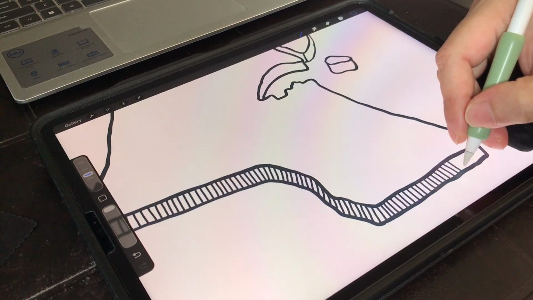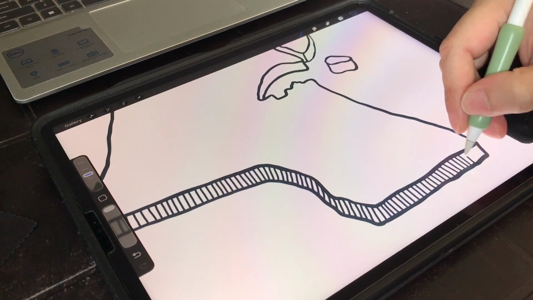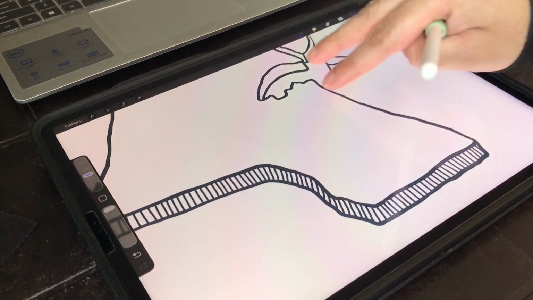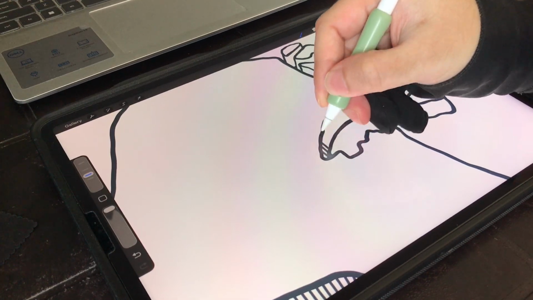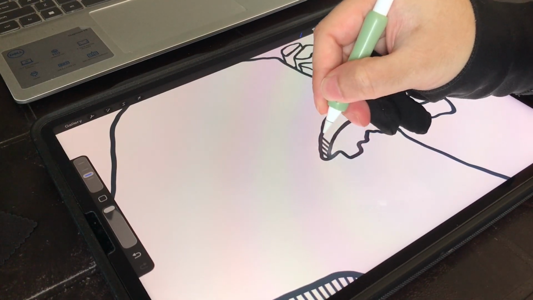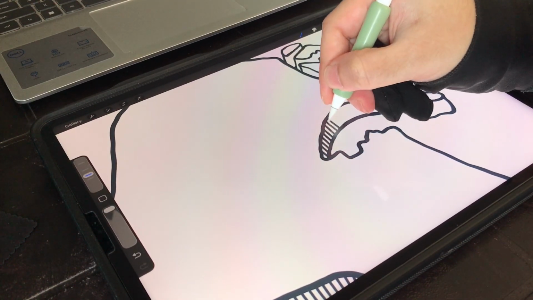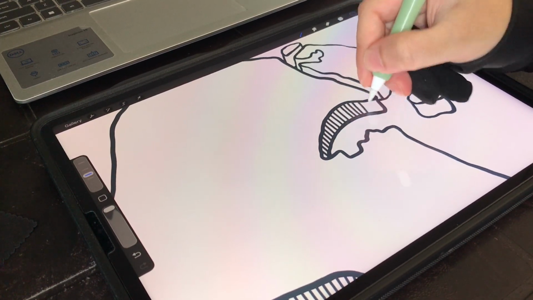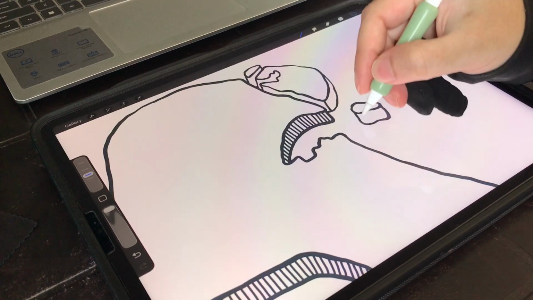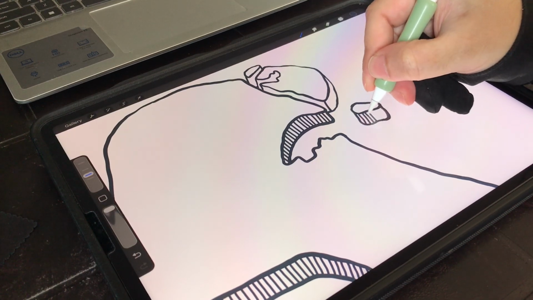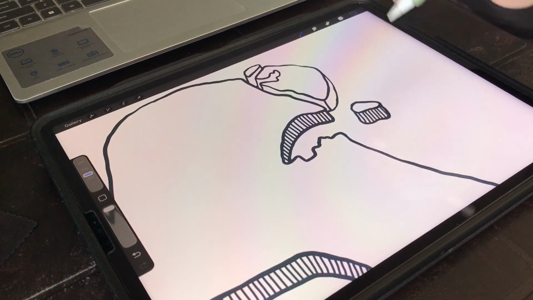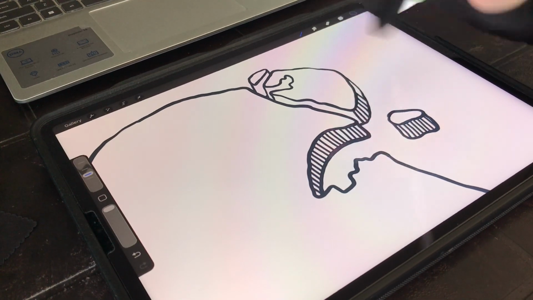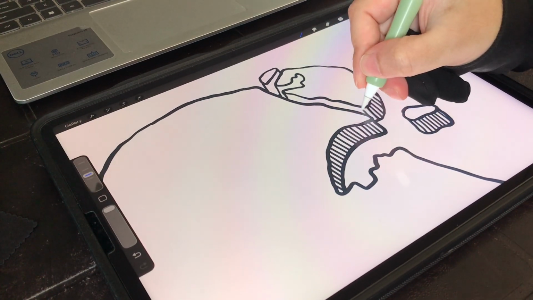But the best part about the video is the fact that it was so simple to follow along and actually do the art in order to make something look 3D. Because all it takes is just duplicating the line work at different sections to make it look like it pops off the page. But other than that, I guess we will go ahead and wrap this video up and say